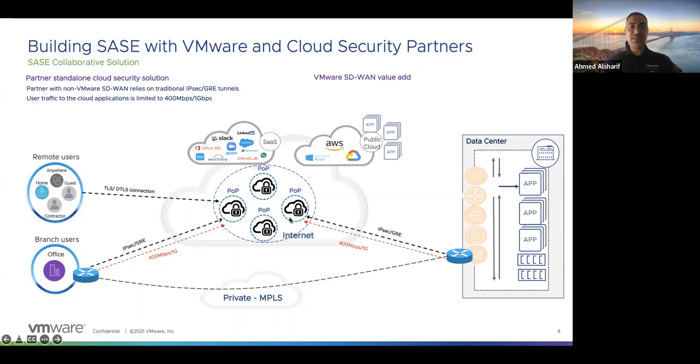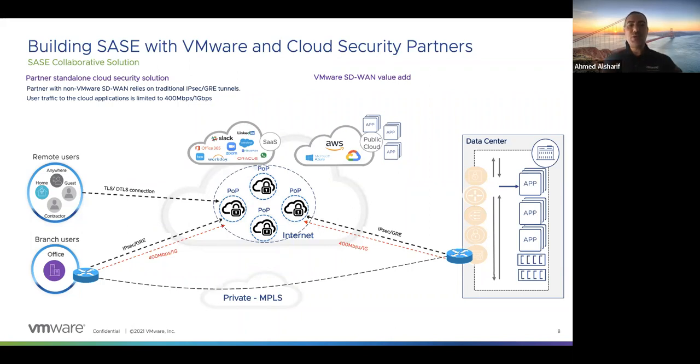Who's doing this? Zscaler is doing it, Netskope, Cisco, and Palo Alto. Even Cisco and Palo Alto, they do have SD-WAN devices, but their SD-WAN devices cannot go SD-WAN to the POPs. Why? Because they don't have SD-WAN in the POPs. That's the problem that Cisco and Palo Alto have. Palo Alto has CloudGenix, and Cisco has Viptela or Meraki. None of these devices has an SD-WAN part in the POPs. They go legacy to these POPs. They go SD-WAN between themselves. That's fine. That's different. But once they take the traffic to the POPs, they go legacy IPsec tunnel.